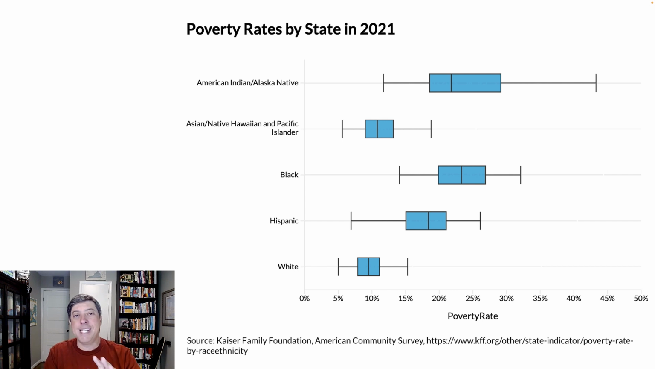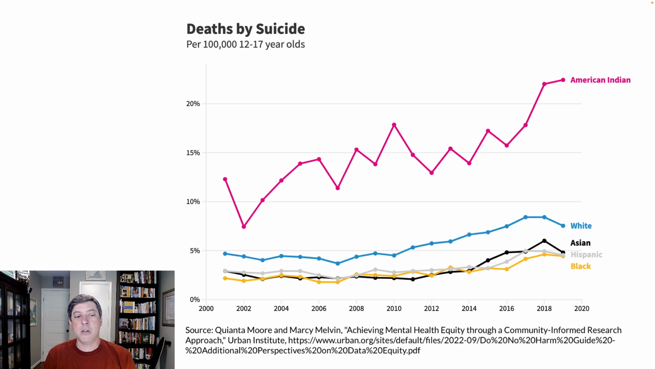Now, I think there is a case, however, where it does make sense to place all of the groups on a single graph. What you see here is a graph showing death by suicide rates for youths 12 to 17 across 5 different racial groups from 2001 to 2019. And here you can see that the suicide rates for Native American youths are much higher and growing much faster than for other groups. And in this case, I think we may want to actually keep these data on the same graph, because in this case, we're actually trying to